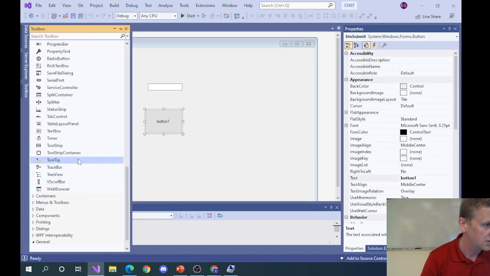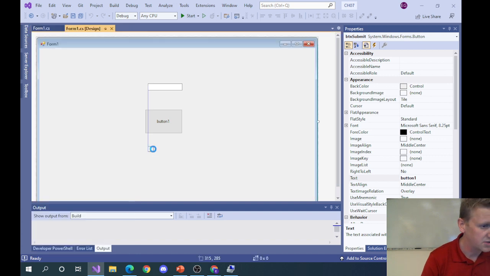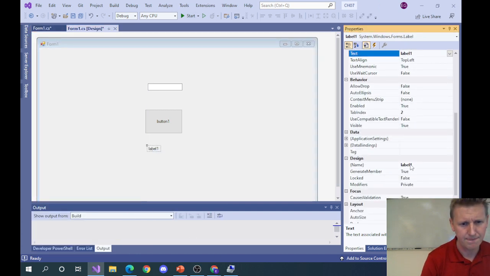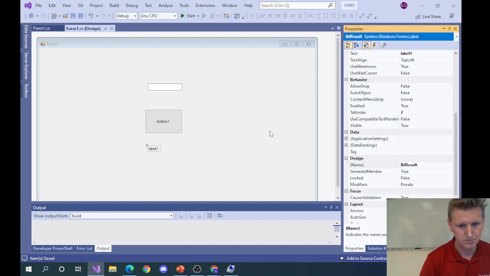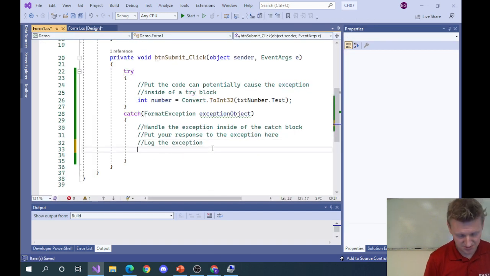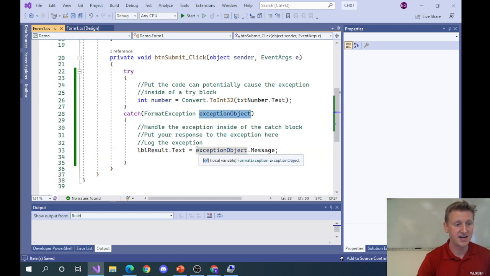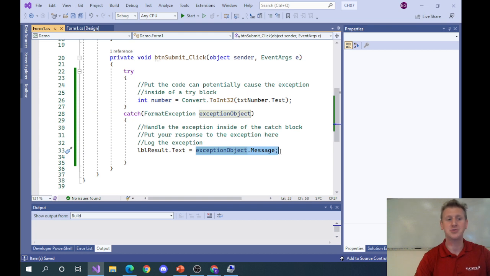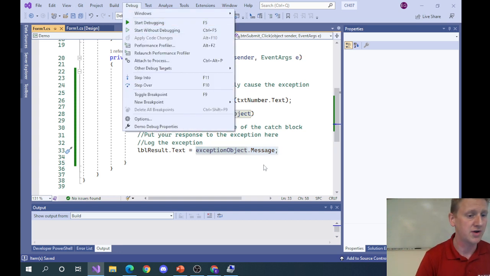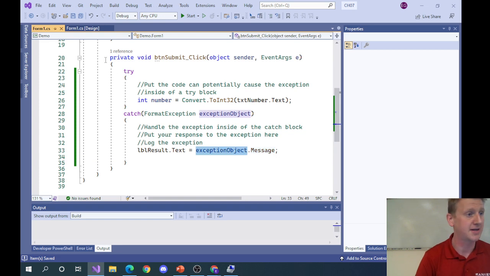label results. And we'll just, label result.text equals. Now there is, using this exception object, there is kind of a default message because it's a format exception. What this does is it provides that default message that the developer was looking at, and it provides it to the end user. So if I actually look at what this message property is of this exception object,